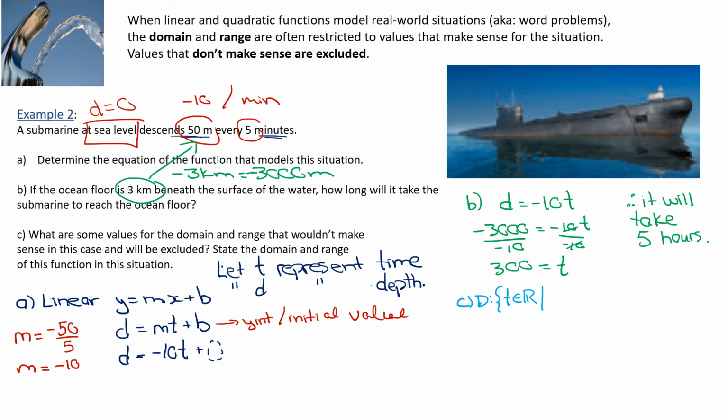And what are the numbers for this question? Well, the question says this situation, so getting to the bottom of the ocean, so we know 300 minutes is how long it took for this particular problem. So 300 is our high number, our maximum number. But we have a low number too, because time can't be negative. So our time has to be greater than 0. So when we have a low number and a high number, we always put the low number here and we put the high number here. So my low number is 0,